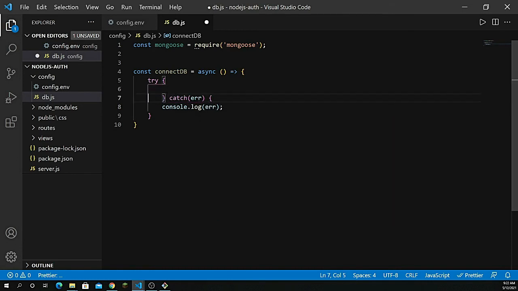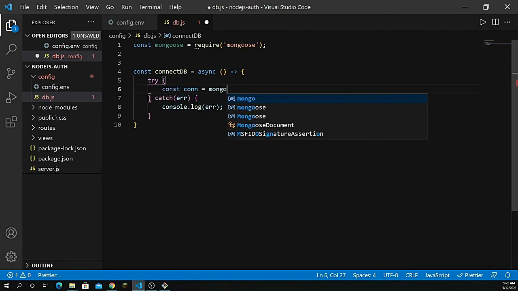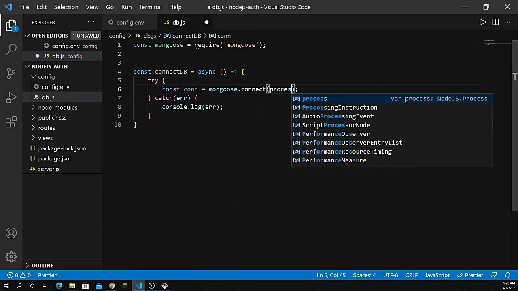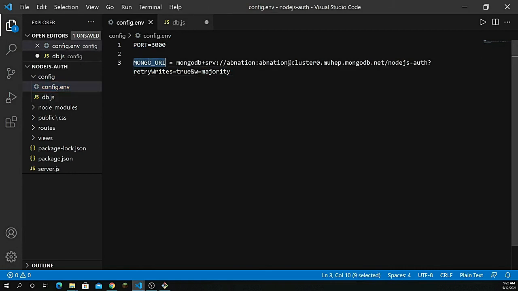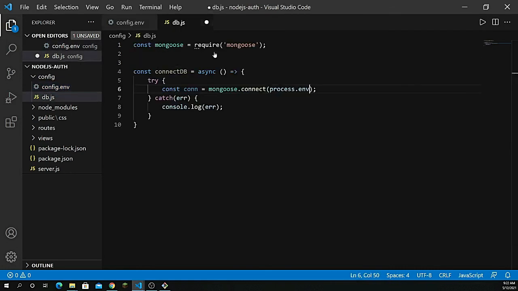All right, so that's fine, and let's go inside the try. I need to connect it. So const connect equal to mongoose.connect, and I need to pass process.env. In order to access .env, you see inside my config.env we have our MONGO_URI. So just copy that, and right after that paste it here, and there's another